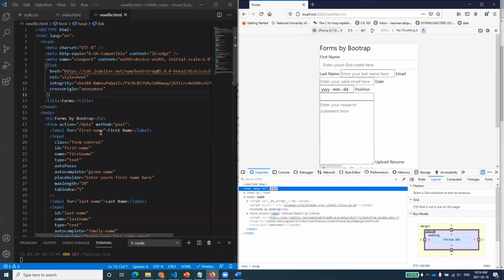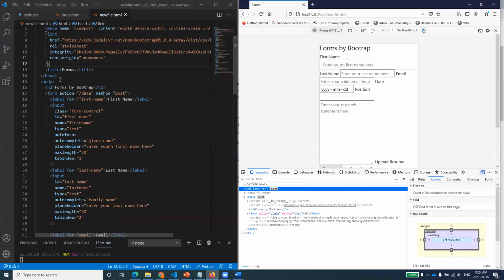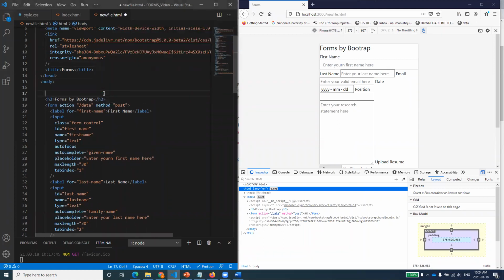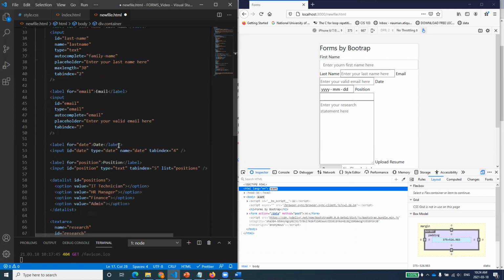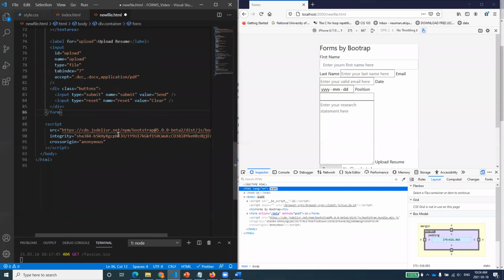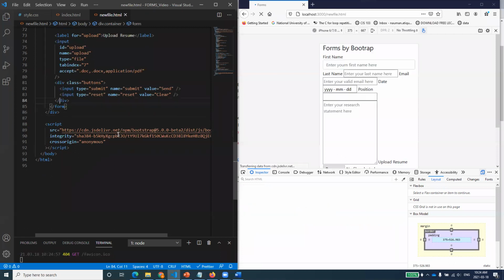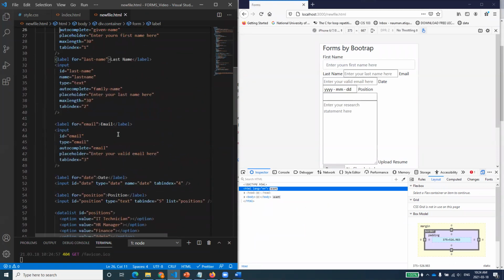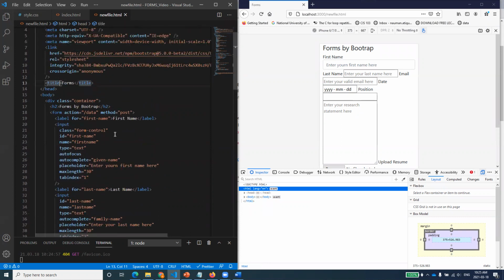Let me just open that document as well. So it says that there is a container class. If you come to the body, and if you remember, I've told you another shortcut: if you just write down the name of the class, container, and press the tab key, you'll get a div by itself. I hope you remember that. Now Control X, I've just deleted this div, and I want to make it for the whole form. So the whole form is coming inside that. If you see here, I have made a div class equal to container, and do you find any difference in my output? Did anyone experience that difference in my output?